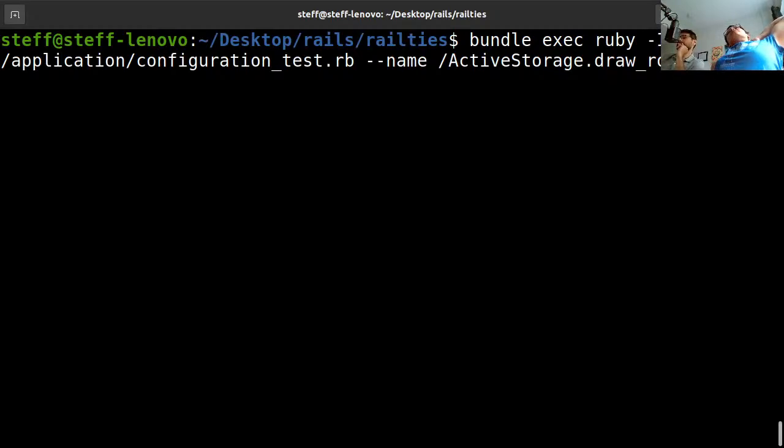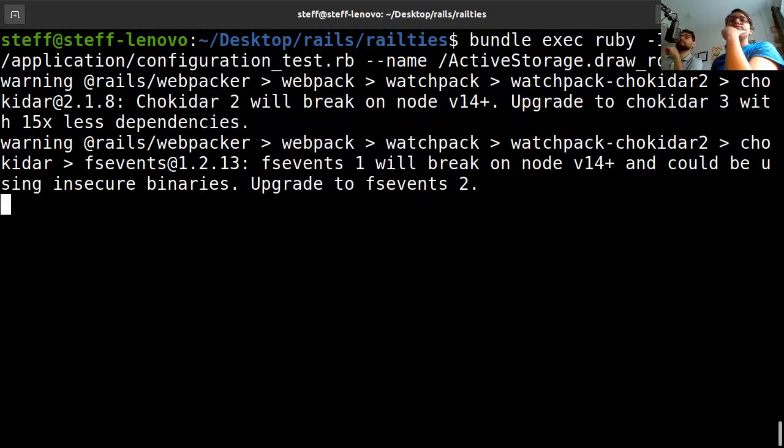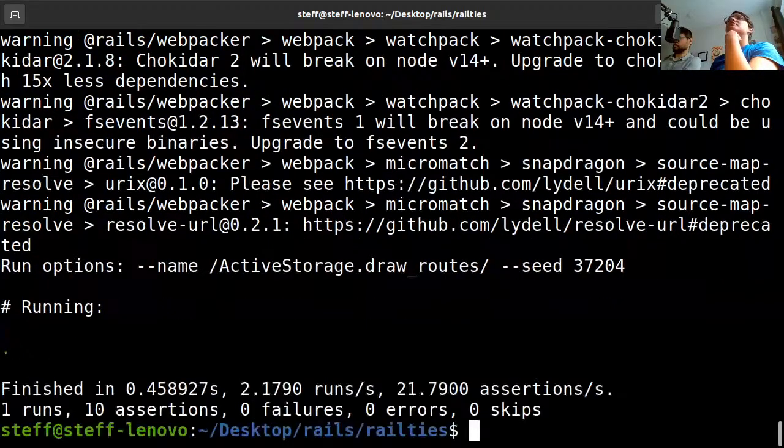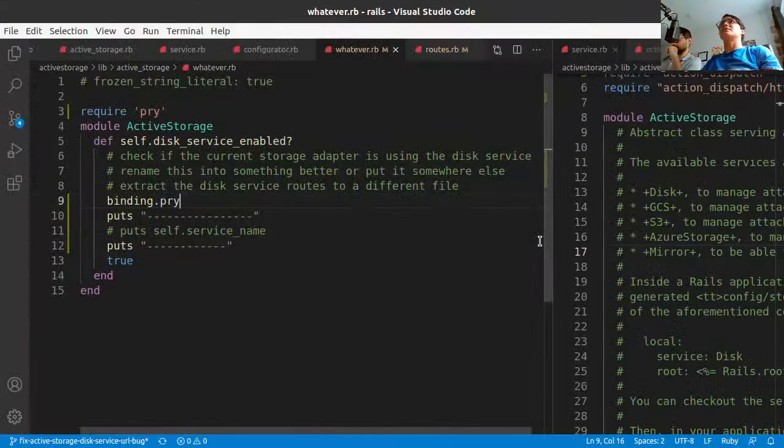Configuration test. Yeah, it doesn't. I think we have to figure that out later, I guess. I don't know, unless